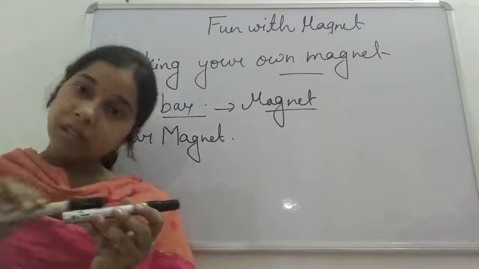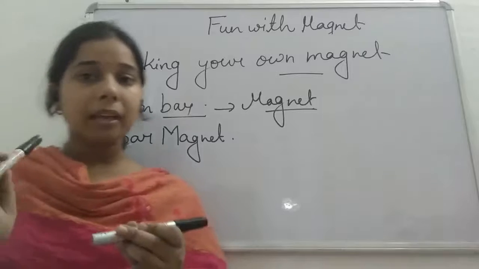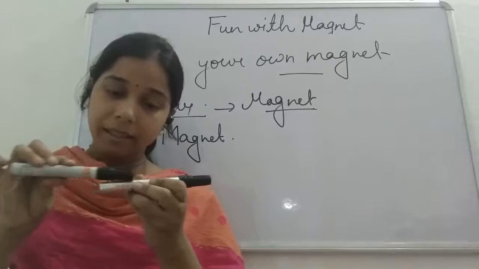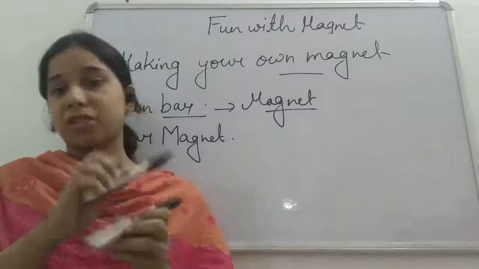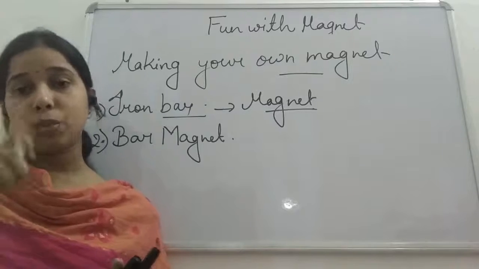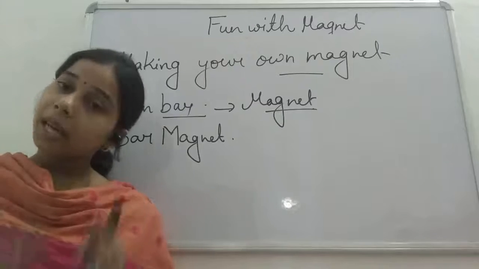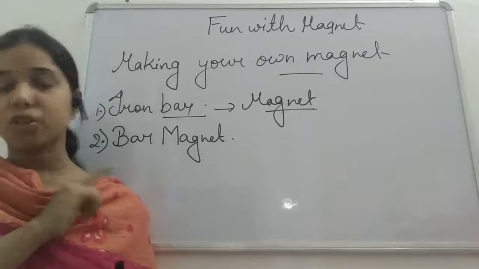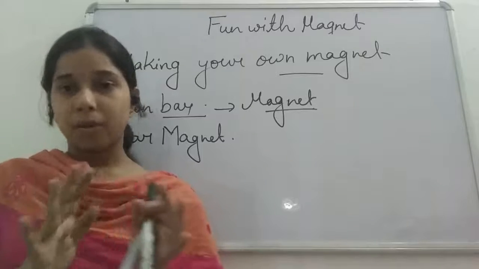So continuously we are doing this in the same direction. We are repeating the process again and again. We are not doing it like this: suppose we started from here, from this end, and ended at this end, now again we start from this end and move in the opposite direction. Never, student. The way we started moving the bar magnet over the iron bar, the same process we will repeat without disturbing it, without moving the bar magnet in the opposite direction. We will do the process again and again in the same method.